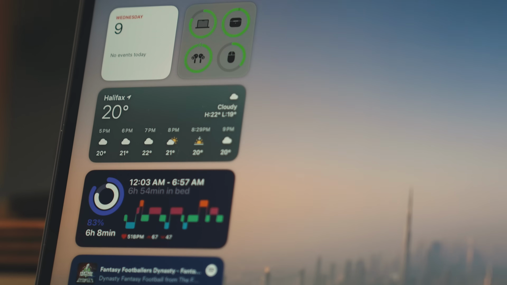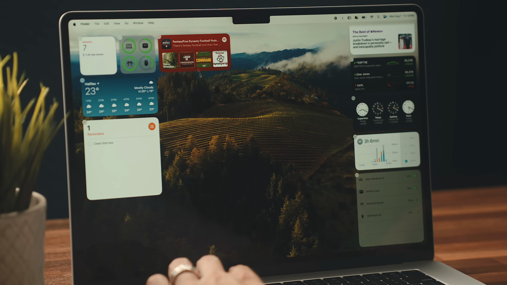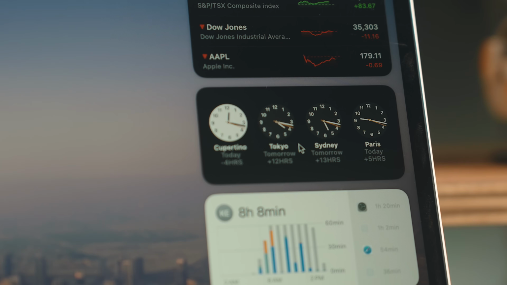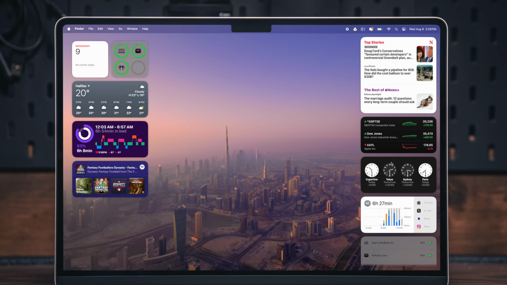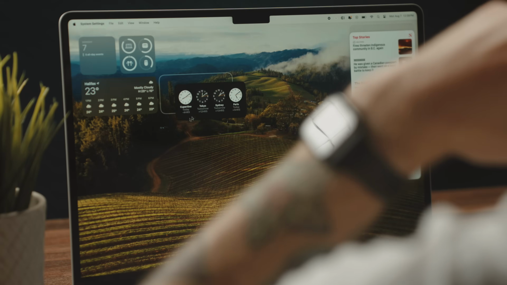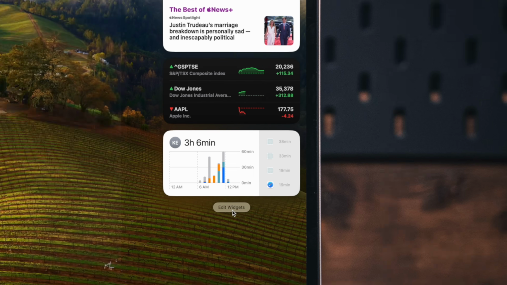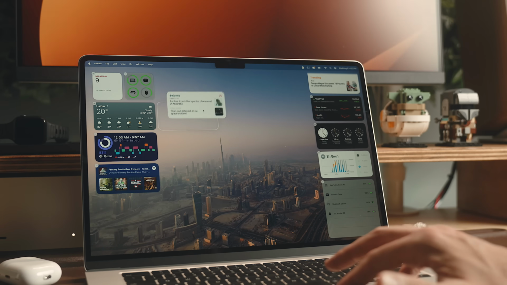Widgets are also something that these two operating systems now share, which is completely new in macOS Sonoma. I guess we technically did have widgets nested in the little notification center area on the right-hand side of the screen, but now we can actually put them on the home screen on our desktop. All you need to do to add them is to go to that notification sidebar by clicking on the time, where you can then either drag the widgets that are already there onto the screen or scroll down and hit Edit Widgets, where you'll see a pop-up very similar to iOS and iPadOS, and you can just drag those anywhere